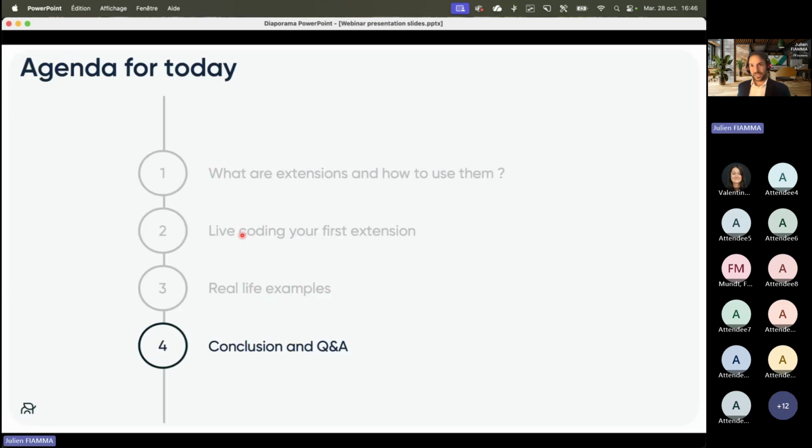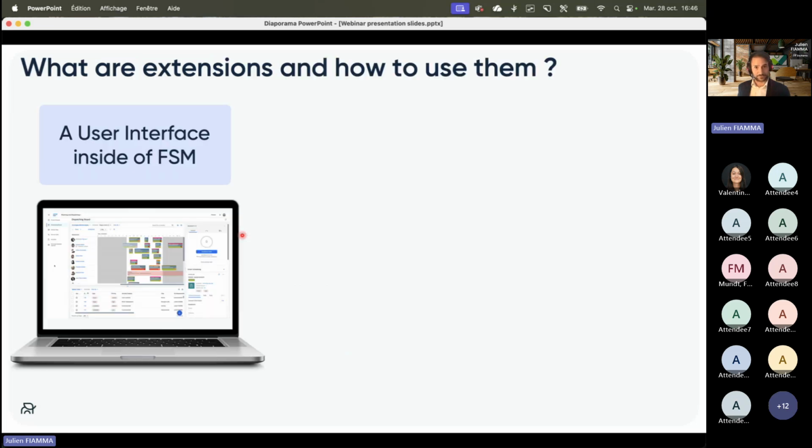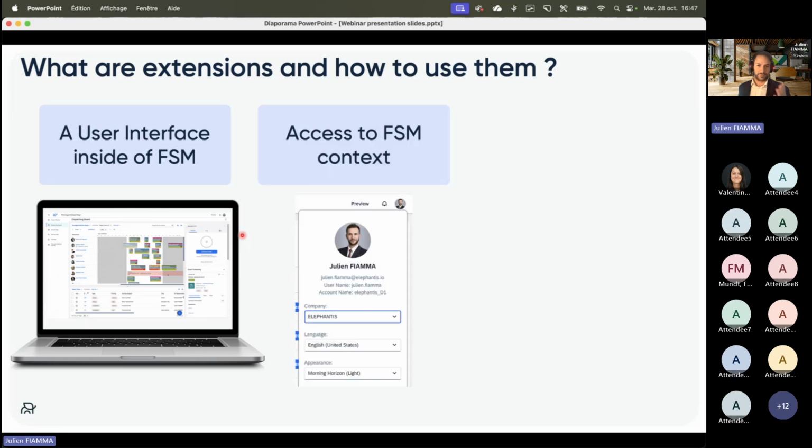So some slides of conclusion, and then we can go to the question and answers. As a reminder, what are extensions? They are basically a user interface inside of FSM, accessing the context of FSM, so user information, but also the backend, the data, and all the FSM database,